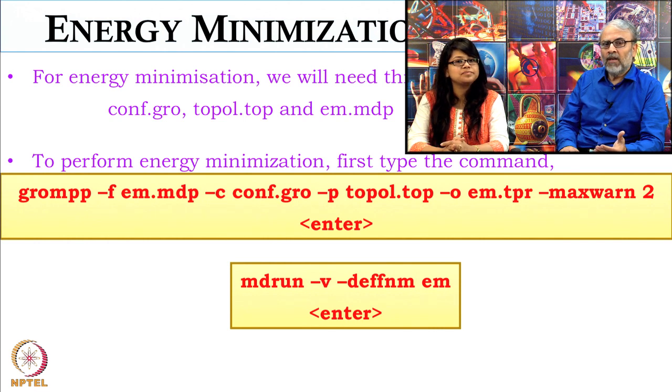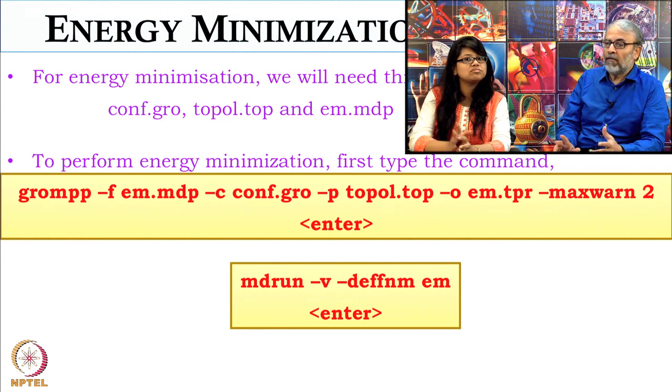And how many outputs does mdrun create? You will see that in the next slide. There are many outputs: you will have the EDR file, which is the energy file, you will have the XTC file which will contain the trajectory, then you will definitely have the GRO file, which will be the energy minimized configuration, then you will have the log file. It depends on what files you want to have. So instead of mdrun -v -deffnm, I could have given all the file names relevant to that, but those could have different names.